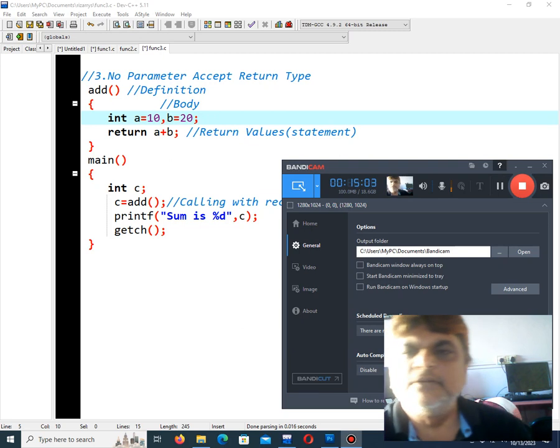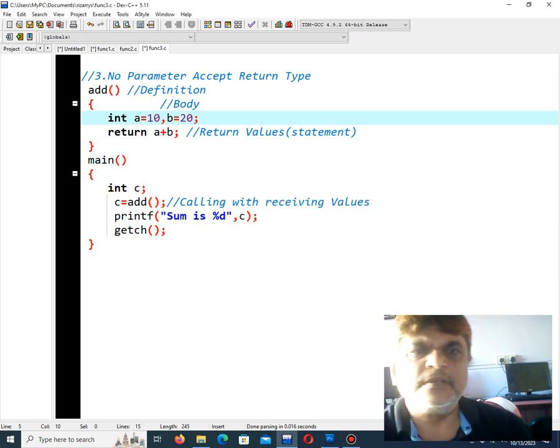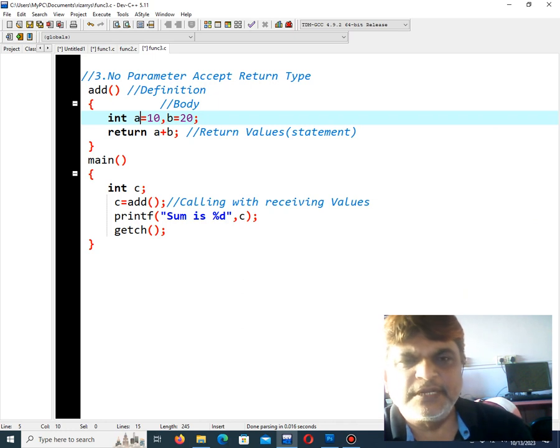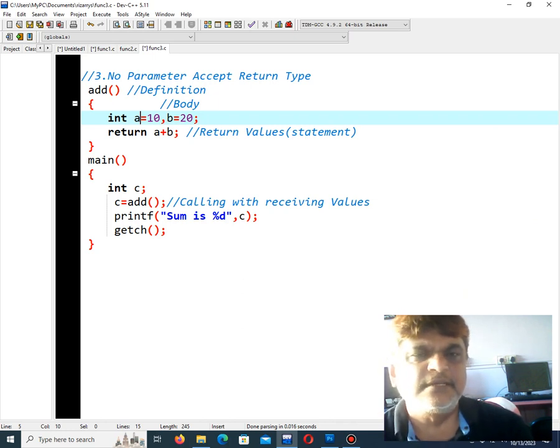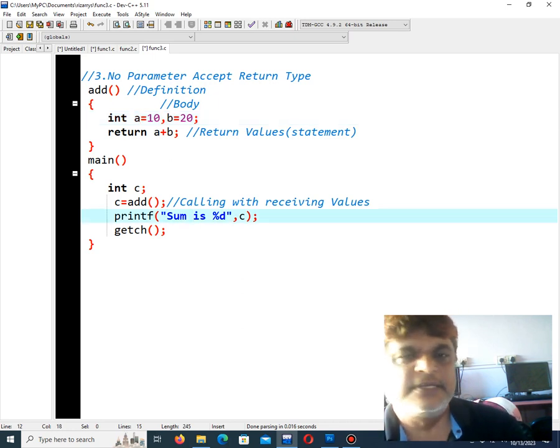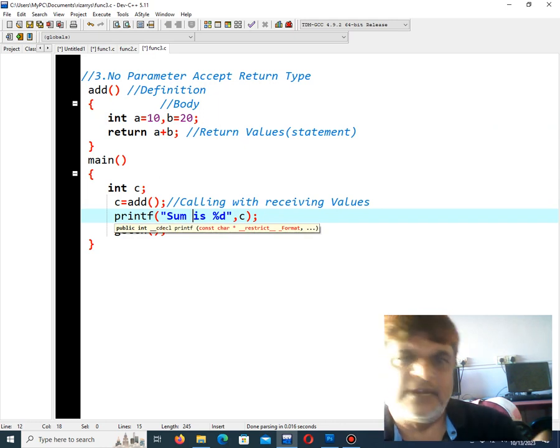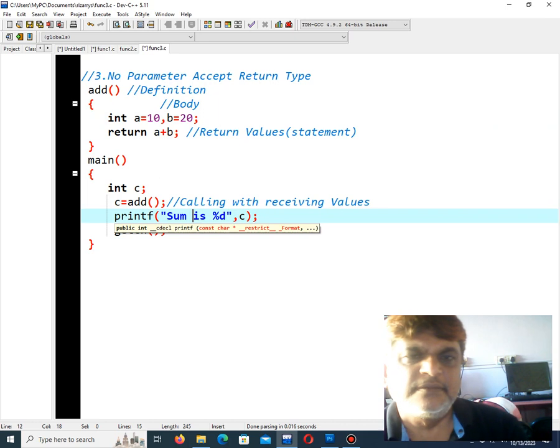Now in this next program, that is function with no parameter and with return type. In the previous program, the result statement was in the called function. We were calculating and printing in the same function, but in this program we are initializing the value in the called function, and we are printing in the calling function. In the previous program, printing was in the called function. Now if the print statement is in the calling function, then you have to say return in